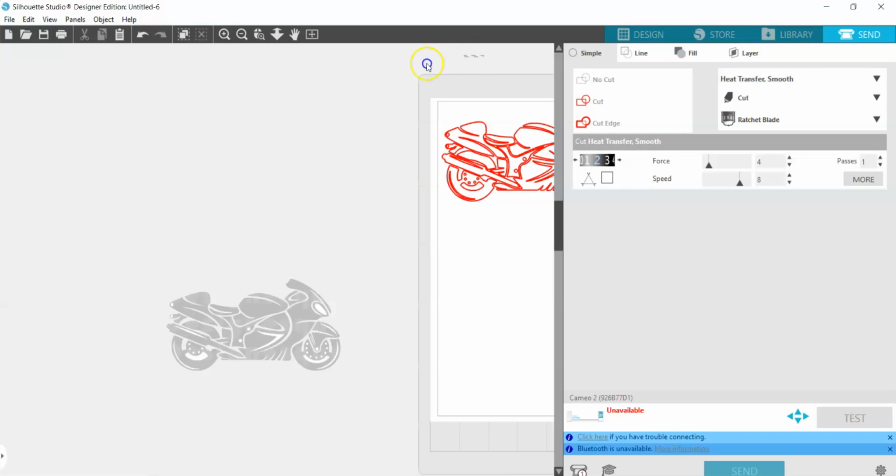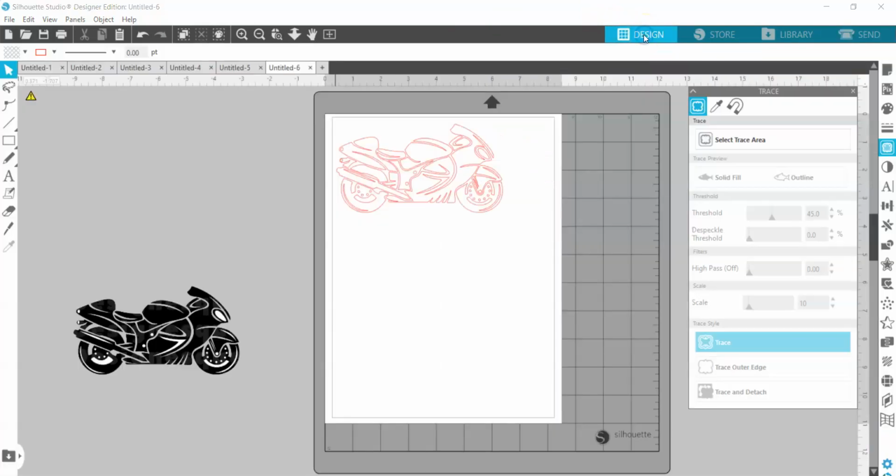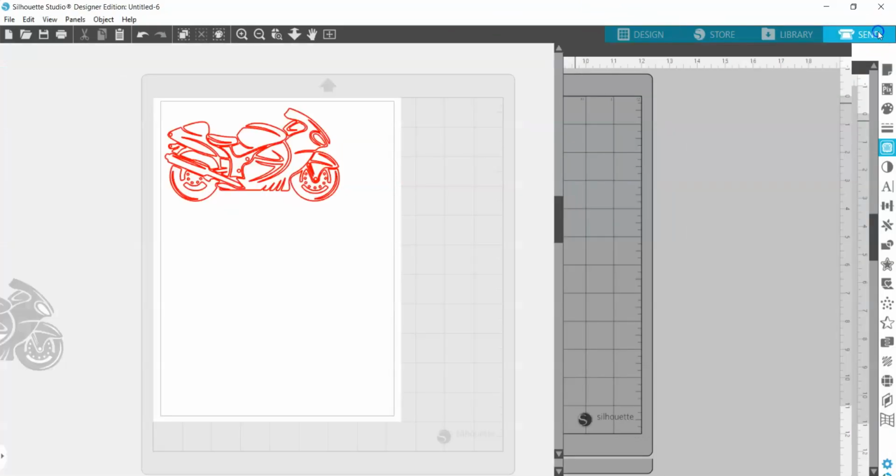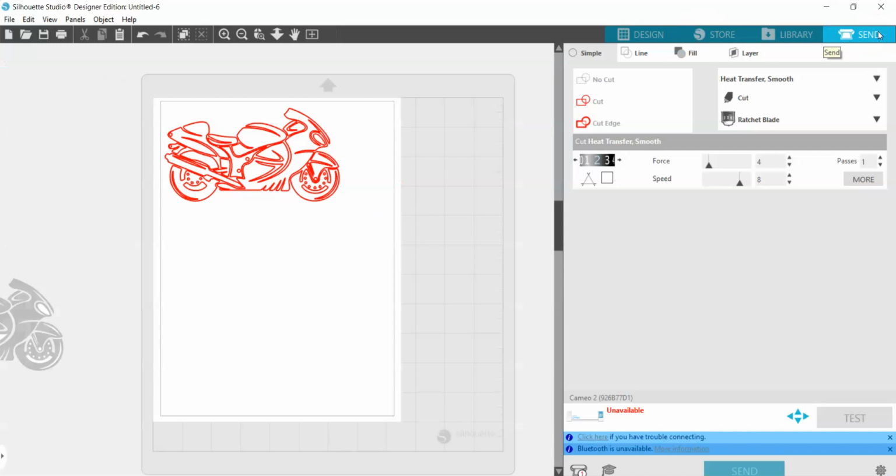So back to what we were doing. So we were choosing the setting for the motorcycle. She's going to actually put this one on a t-shirt, so we were going to go with heat transfer smooth. As you can see, I have the Silhouette 2, which you heard her speaking about. The Silhouette 4